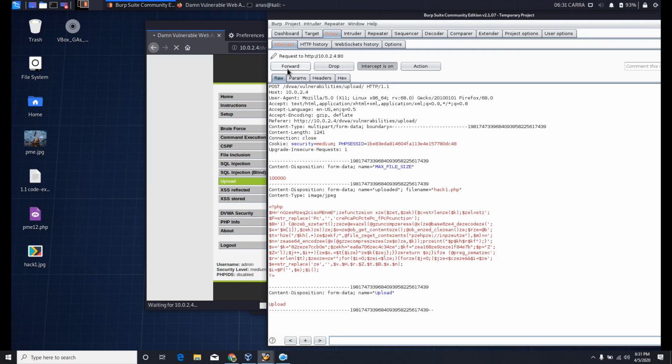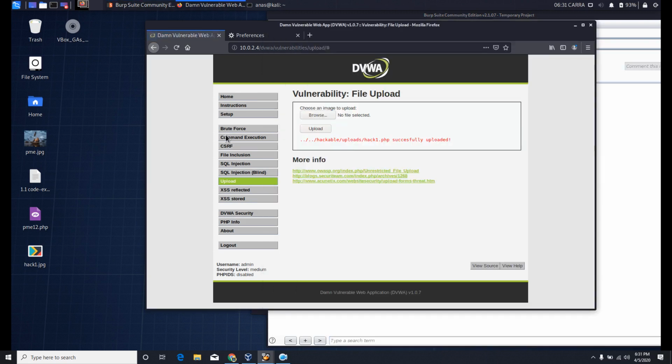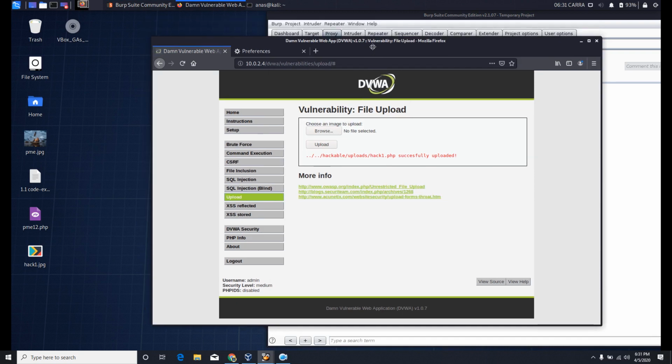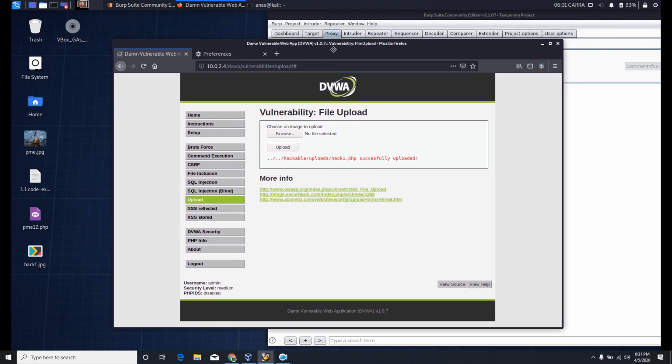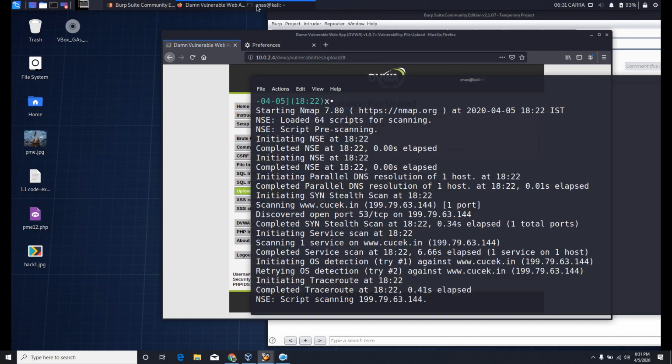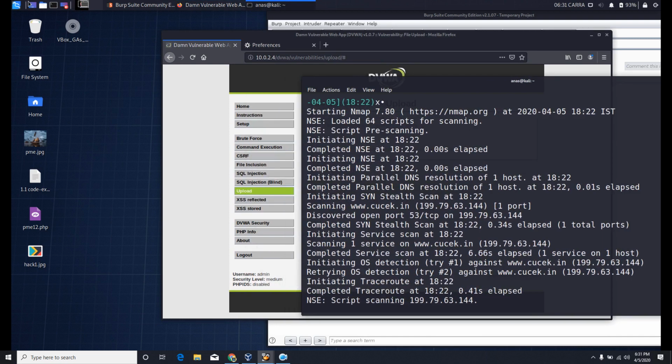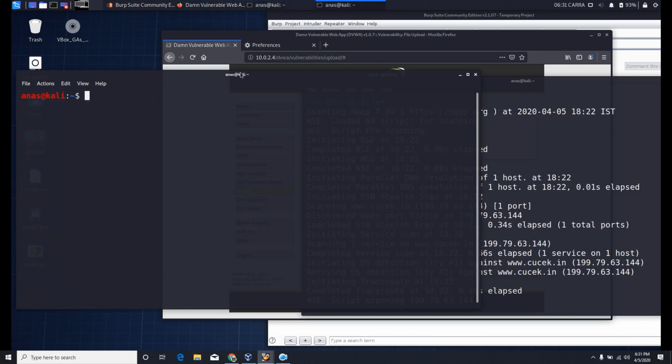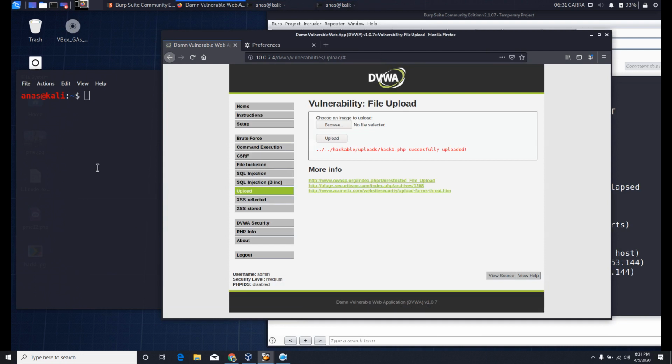Okay, now we click the forward button. You can see now we successfully uploaded the PHP file. So we did intercept the request. Now we try to take a